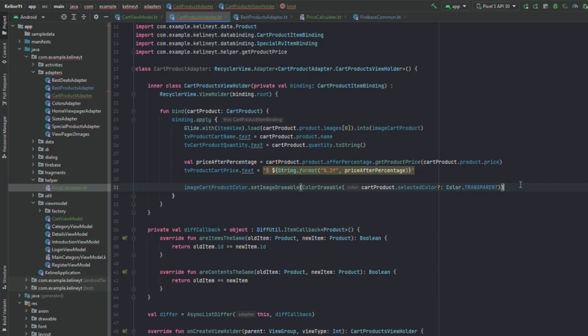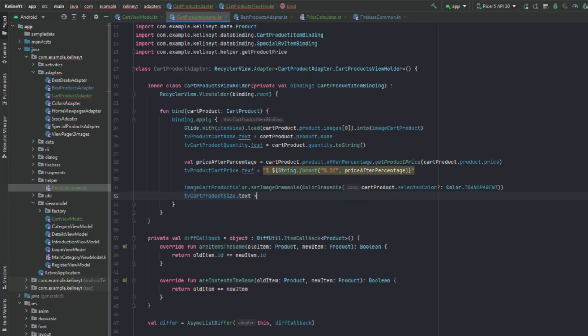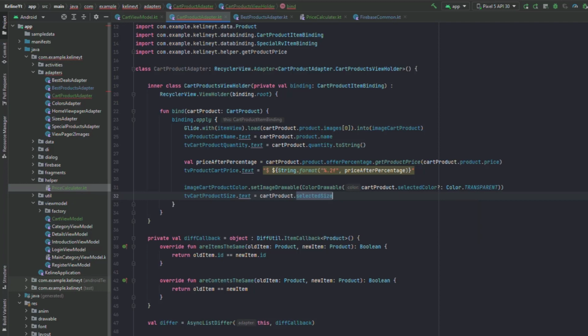Same thing for our selected size, but this time we have a text view, so tv cart product size dot text equals to cart product dot selected size, and if this is null, we just gonna show an empty